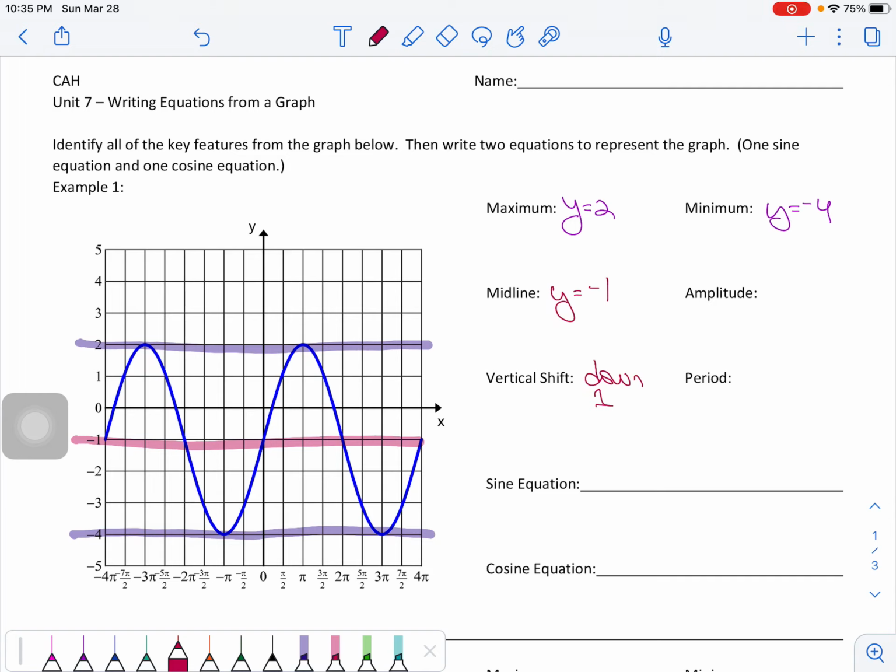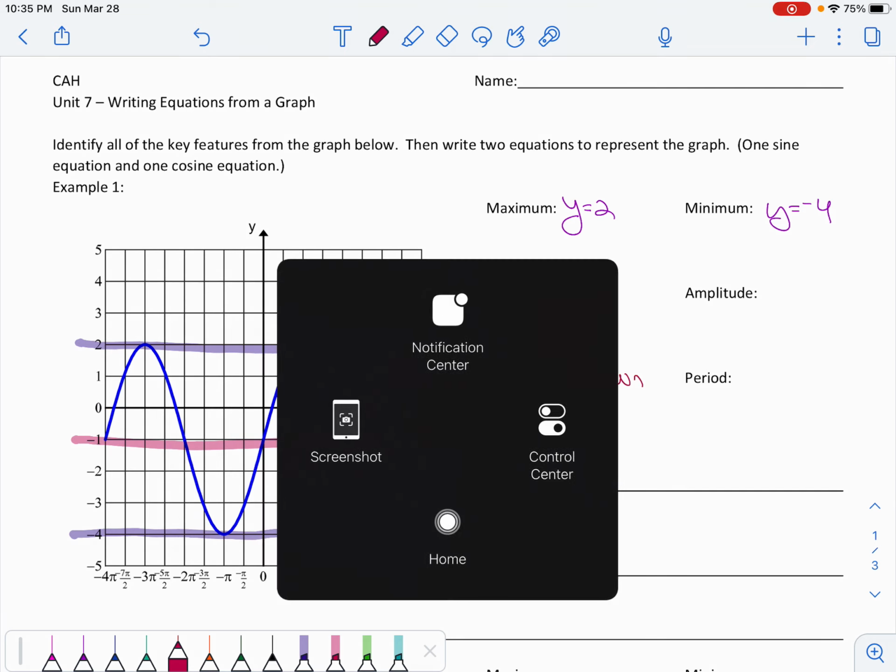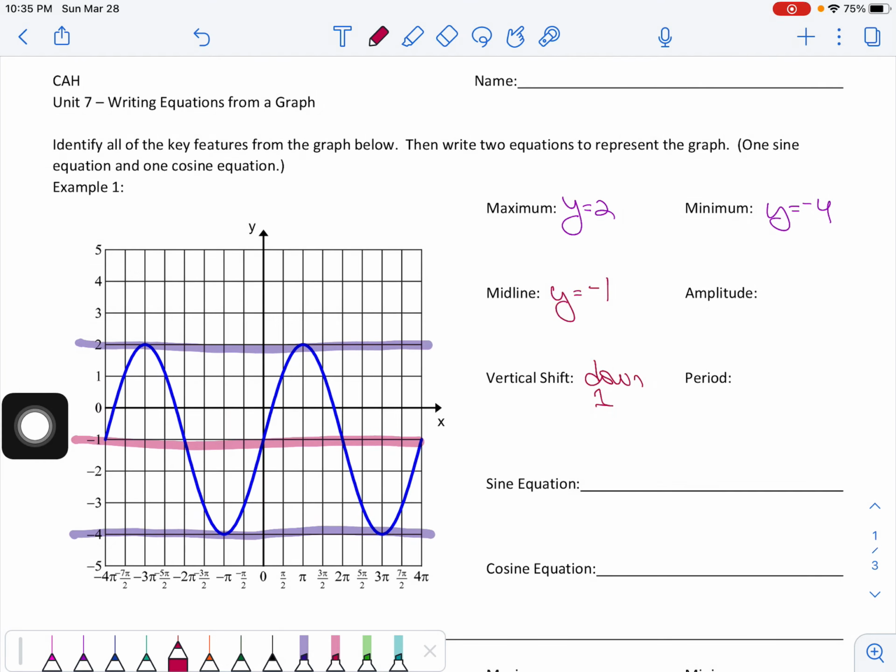So if I count from this midline to the maximum and this midline to the minimum, I should have the same value. So from -1, 1, 2, 3 units up, so I should have an amplitude of 3, but just to double check, 1, 2, 3, make sure you're counting it correctly. So amplitude is 3. And the period, for this, what you want to do is basically find a starting point